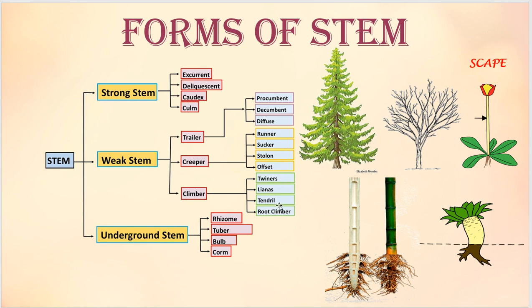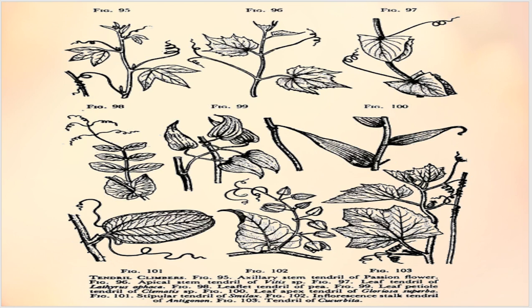And then the next thing is tendrils. Tendril climbers have thin, leafless, wiry structures. A thin wiry structure is produced by the plant, and this structure is called a tendril. This tendril gives extra support for the plant to climb onto the host structure. So based on which part is involved in tendril production, they are categorized